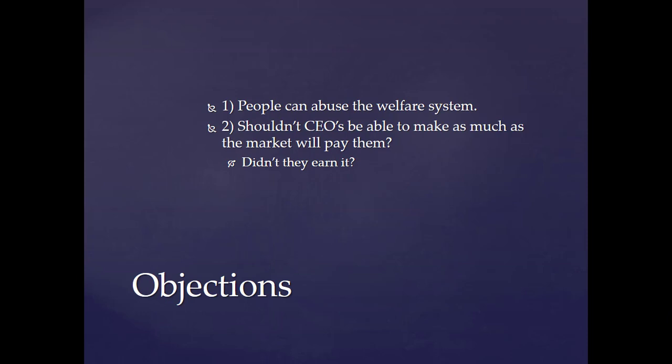However, there could be possible problems, right? So you could have, for example, loopholes in the welfare system where some people might abuse the system. So this is an objection against Rawls. One way Rawls could respond to this is that you try to cut off the loopholes, right, as best as you can. Second objection, someone might say this: well, shouldn't CEOs be able to make as much as the market